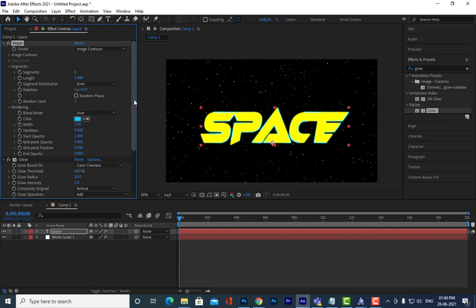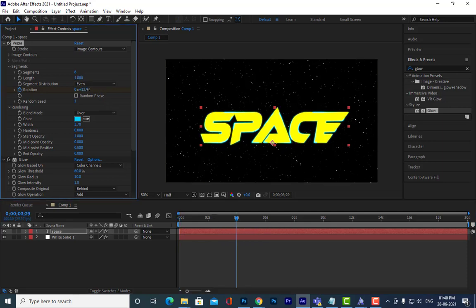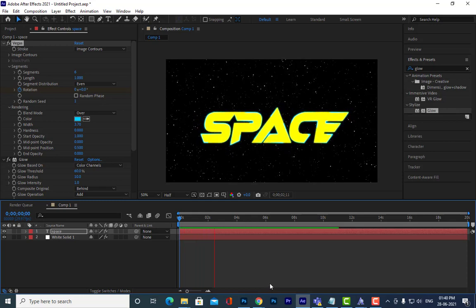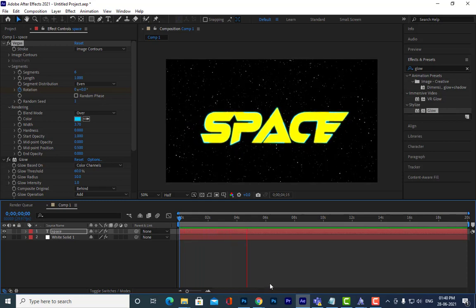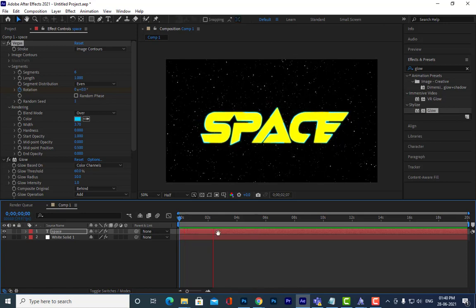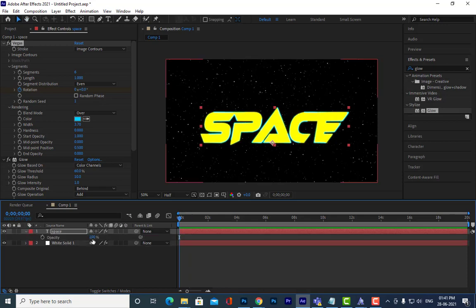So how can we do rotation? We will create a keyframe for rotation, then come to the 4th second and increase it. Now let us see. Can you see this? And I will do one more thing. We can reduce the opacity for this.